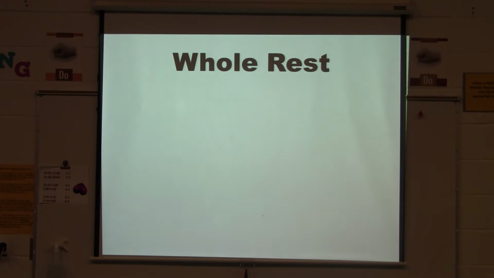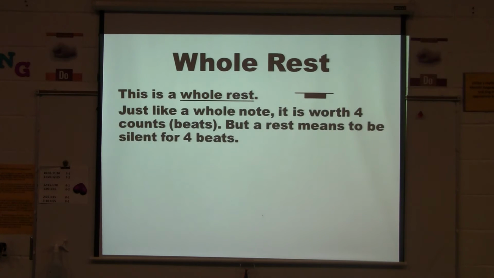Okay, let's go on. The whole rest looks like this. Notice that it kind of looks like an upside down hat. Some people think about it like a hole in the ground. I always think about it as being very, very heavy, so heavy that it sinks down under the ground level, under the line, because it is worth 4 counts or 4 beats, and that's the most beats you can have